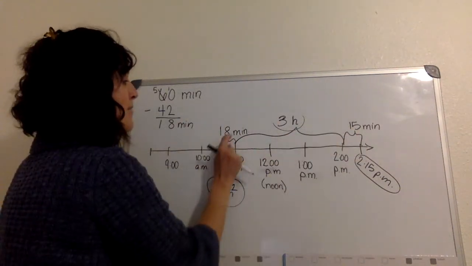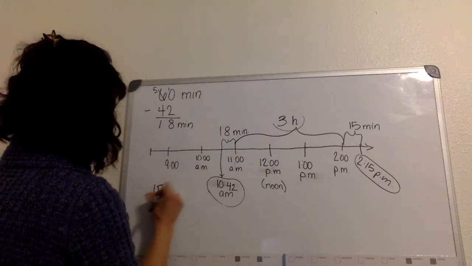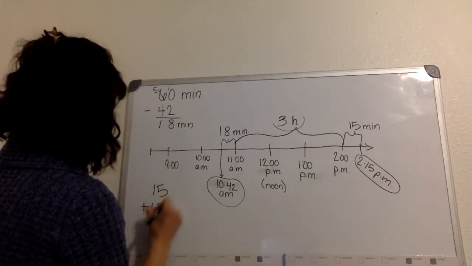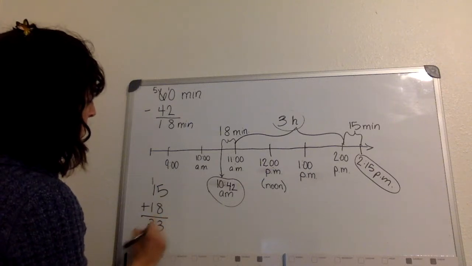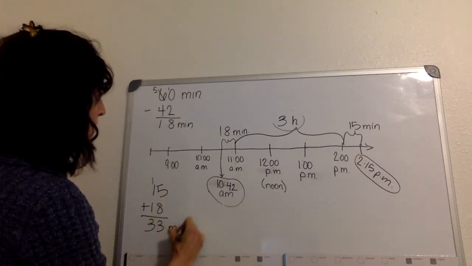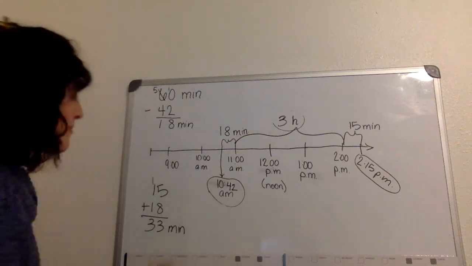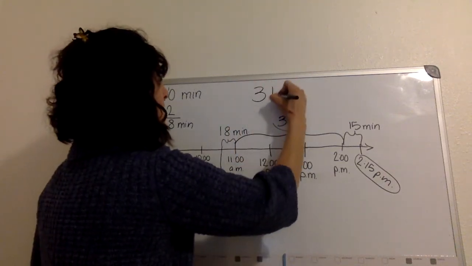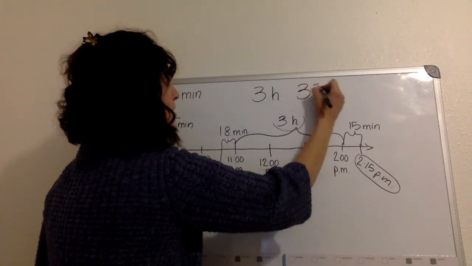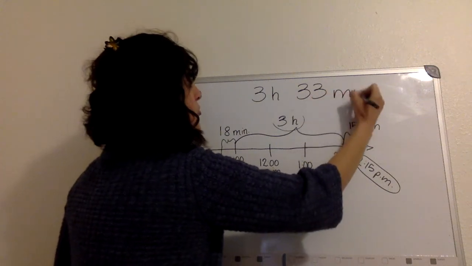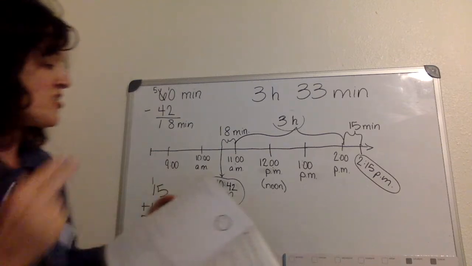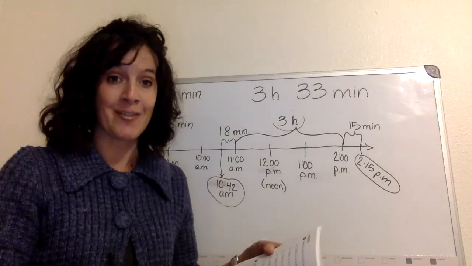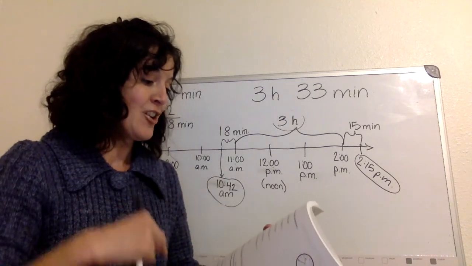except we have to add my minutes here. 15 plus 18. That's 33 minutes. And we have my 3 hours right there. So you can write 3 hours, 33 minutes. Okay, and as you can see, it was just 2 minutes of a difference from letter C that